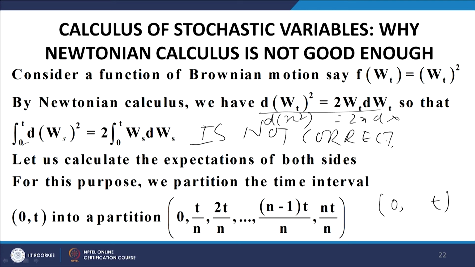for functions of Brownian motion. In other words, from a broader perspective, Newtonian calculus is not the correct description of Brownian motion calculus. We need to revise Newtonian calculus in order to do calculus with functions of Brownian motion. The Newtonian calculus that we have does not fit in with Brownian motion. Why? We will take it up in the next class. Thank you.